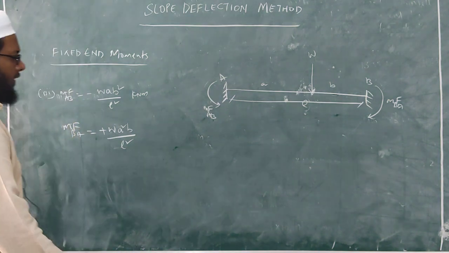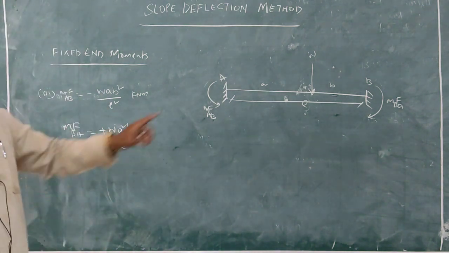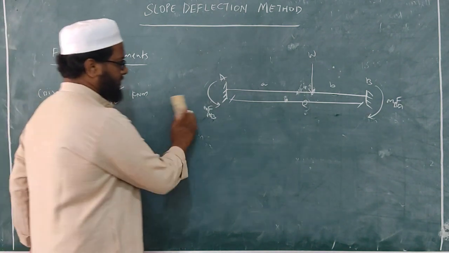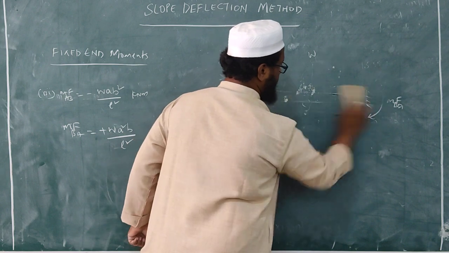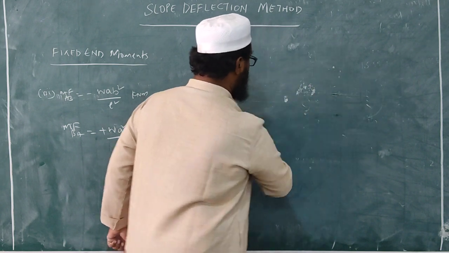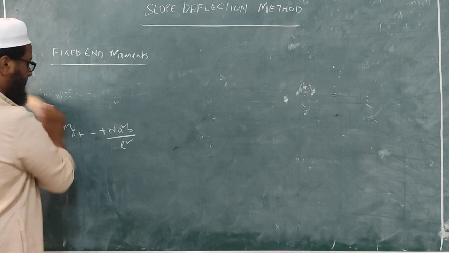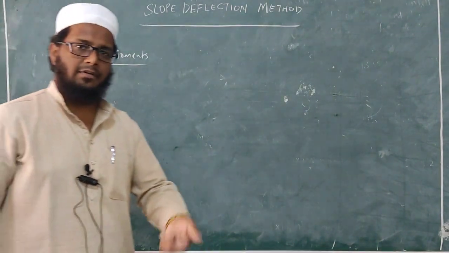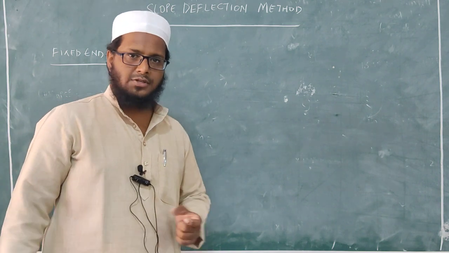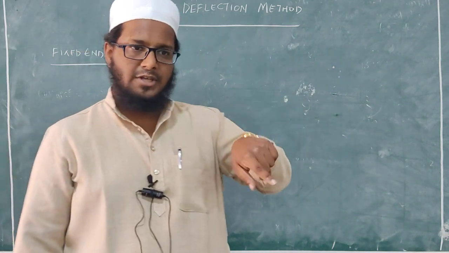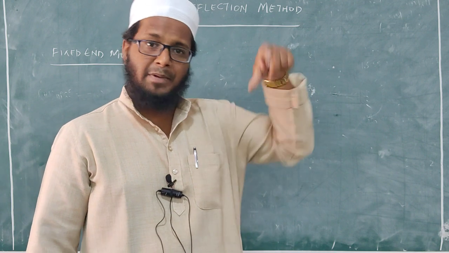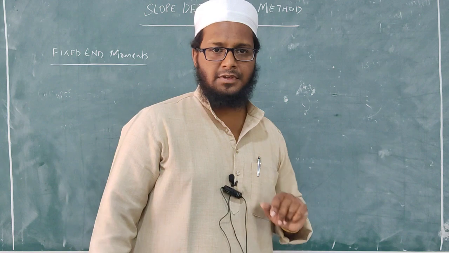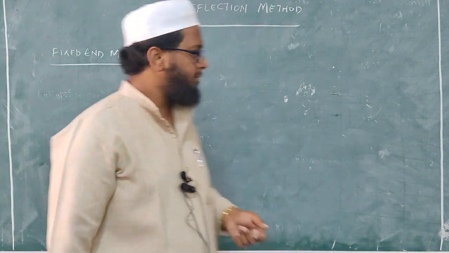Okay, so these are the three cases, and one more case we have that we will be seeing while solving problems. Okay, these three are very, very important. You note down these three. The fourth one we will see in the problems. We will come across one problem wherein we will be having a clockwise moment, a direct moment, a couple acting on the beam. During that time what will happen to the fixed end moments, we will see while calculating that particular problem itself.